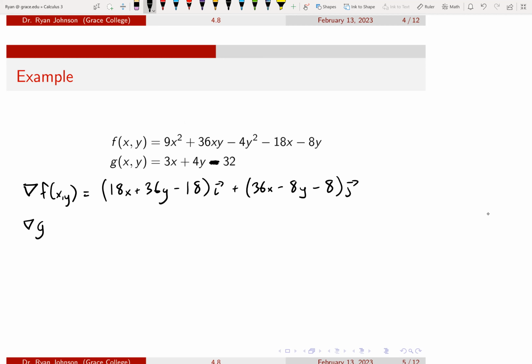Gradient of g is 3i plus 4j. That's the easier one. So then we have,